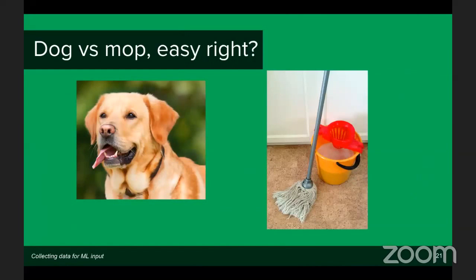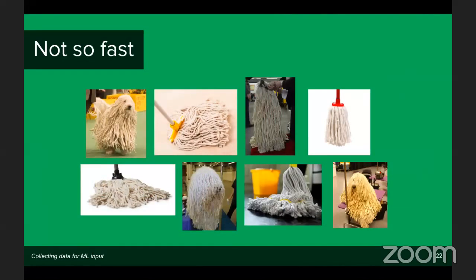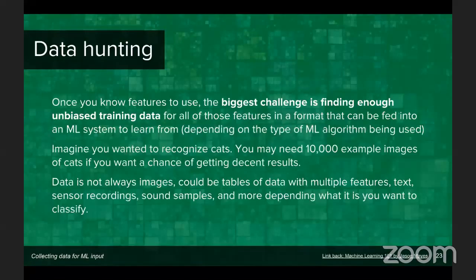So it should be easy then, right? We've got dogs, we've got mops. What could possibly go wrong? Well, it turns out that some dogs look like mops and vice versa. And my key point for bringing this up is that one of the biggest challenges is finding enough unbiased training data for the objects you're trying to recognize in the real world, in typical conditions you're going to see them in. If you're trying to recognize cats, for example, you're going to maybe need like 10,000 images of cats in